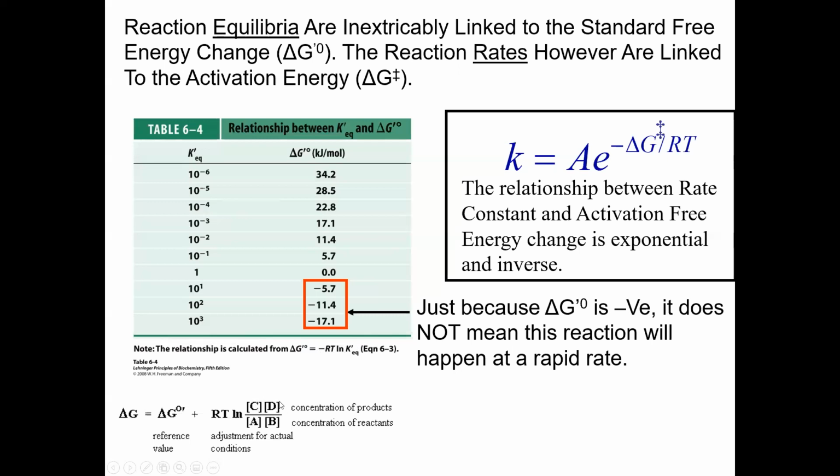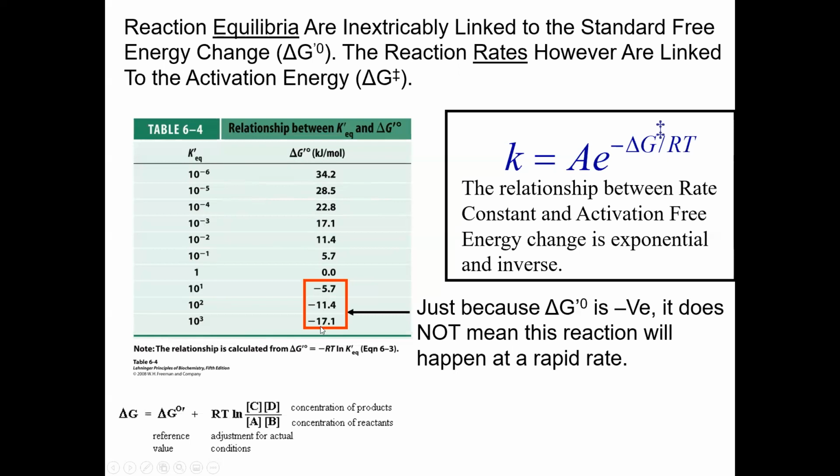K' equilibrium is nothing but the concentration of C times D divided by A times B. That's where this equation 6.3 comes from, directly from there. That's when the reaction has reached equilibrium. So obviously you can see that if you know the value of the K' equilibrium constant, you can calculate the free energy, right? In this table, they are showing you, for certain K equilibrium constants, the value of delta G. And you can see some of them are positive and some of them are negative